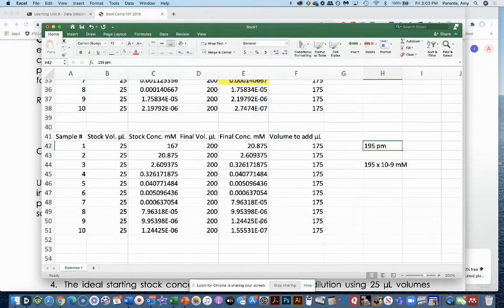The reason that I'm saying that is I want to compare it to what I'm going to see in this last row down here. So follow along if this makes sense. This is also equal to 1.95 times 10 to the minus 7th millimolar. Right now, if I started with a stock concentration of 167, the final concentration of solution number 10 would be